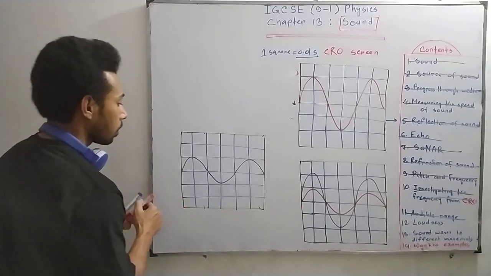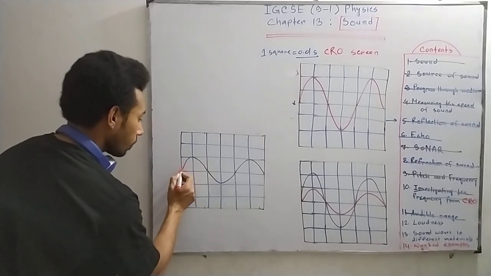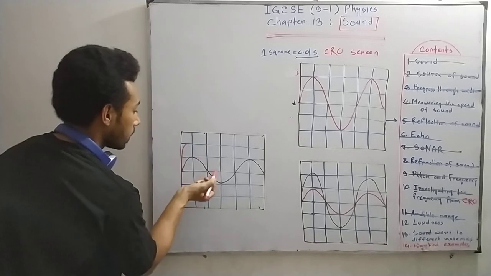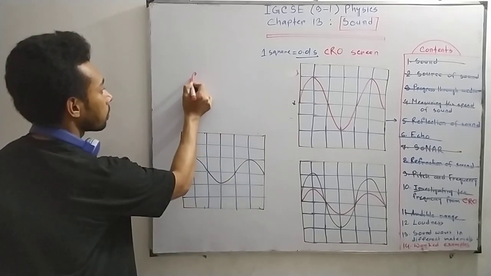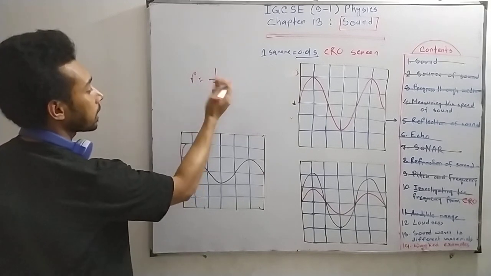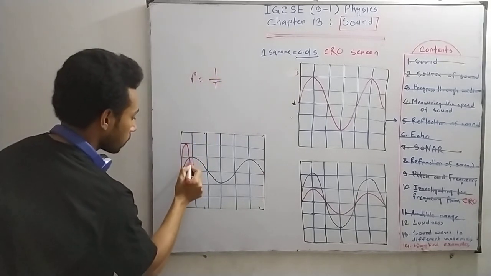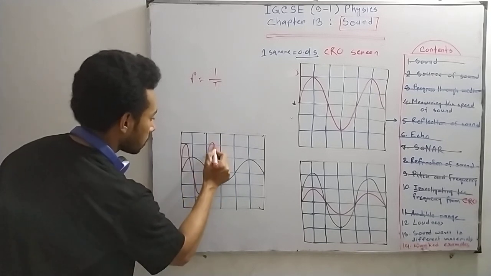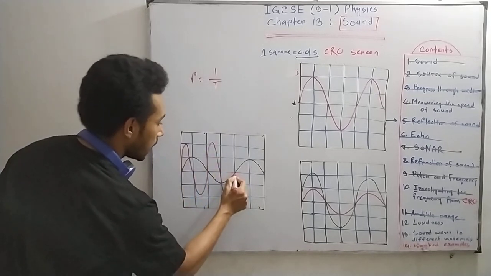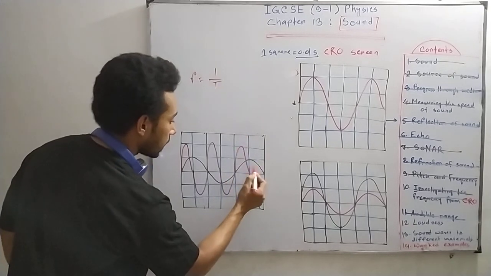Okay, so louder sound, therefore the amplitude will be higher, and higher frequency, therefore the time period will be smaller, because f is equal to 1 by T, f and T are inversely related. Therefore the red one is louder and